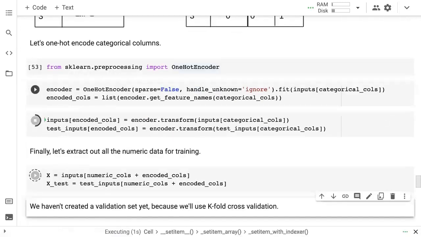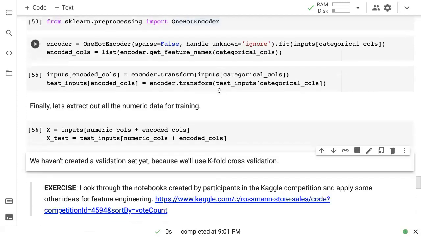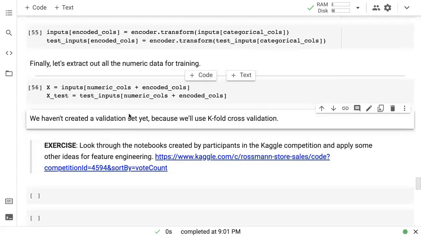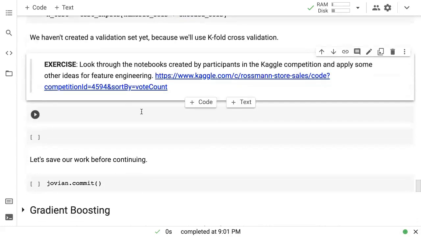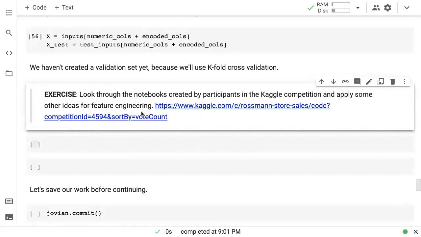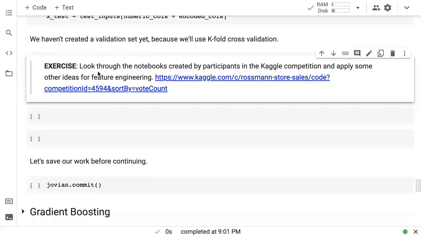Again, imputation, scaling and one-hot encoding is something that we've covered probably 4 times now, and hopefully starting to sound boring and repetitive and routine essentially. So just go through the previous tutorials if you want to understand how these work. Now, one thing I want to point out is we have not created a validation set yet. And this is because we are going to use a different validation technique called k-fold cross validation. We'll see that in just a moment. But that's all the data preparation that we need to do.